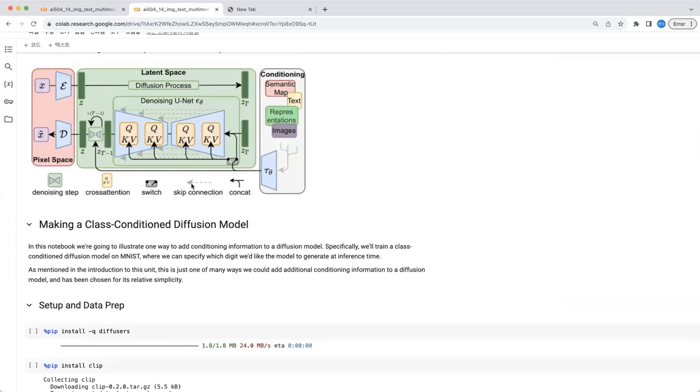In this note, we are going to implement stable diffusion and inference with classifier-free guidance. And so we will train a class-conditioned